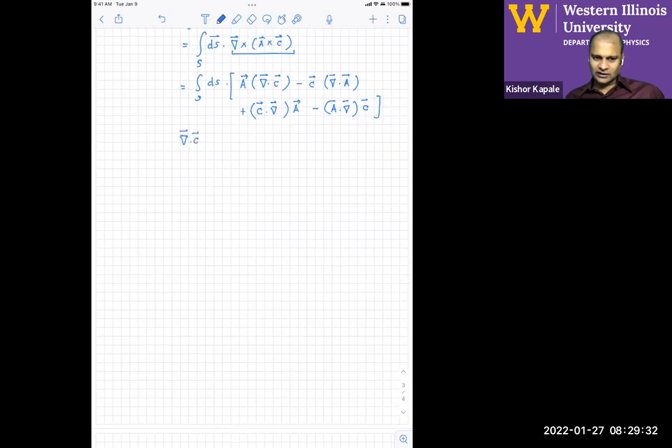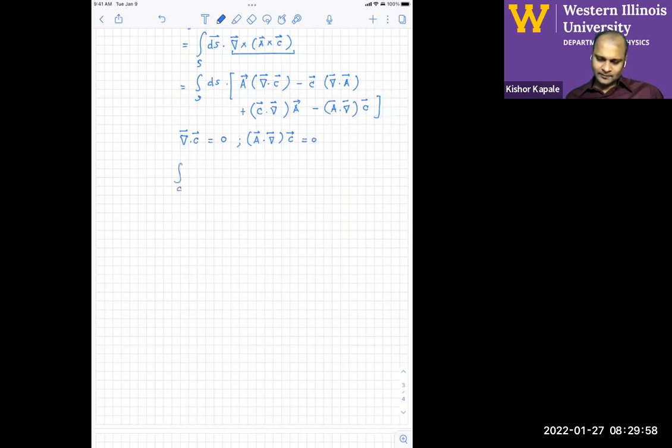And so if you look at the divergence of C, that's going to be 0 because C is given to be a constant vector, and also the term where you have A multiplied by the gradient operator applied to C. Again, it's now a derivative operating on C. C is a constant vector, so this is going to be 0. So these two terms vanish, and eventually you are only left with